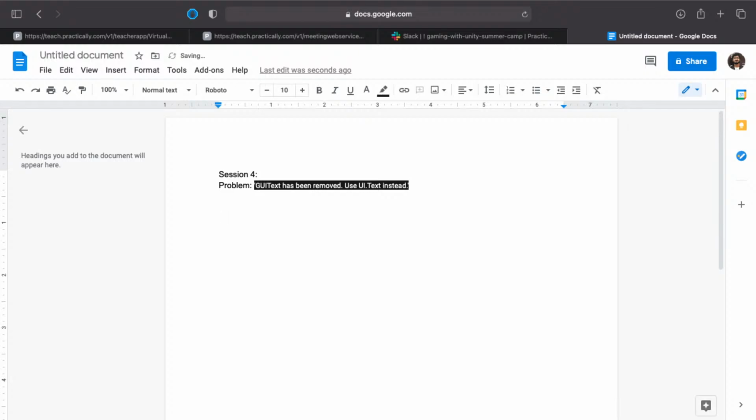So here, what do you have to do? You have to double click on the error. If you double click there, your script file will be opened. It will take you to something called GUI text. There will be a GUI text. What you have to write over there is